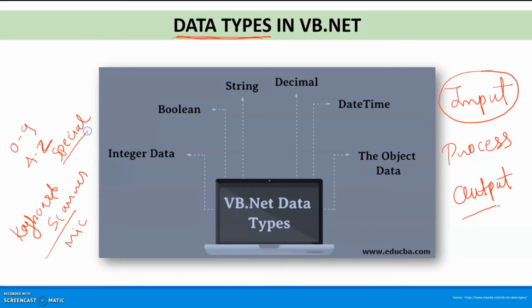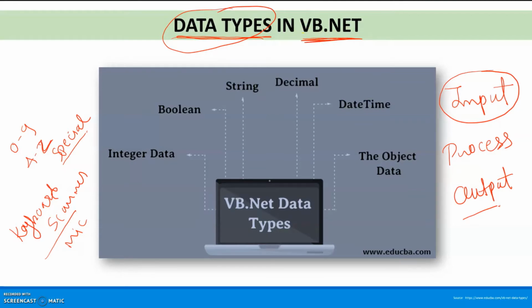So what type of data you are giving to the system, that we call the data type. More or less all the data types are the same in each and every language, but some minor differences are there. Let's discuss the data types we use in VB.NET.